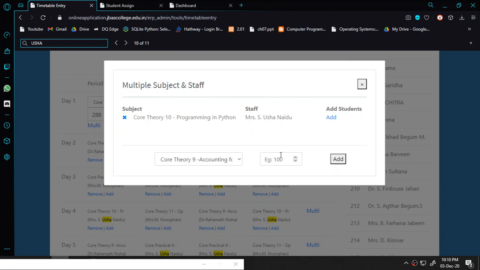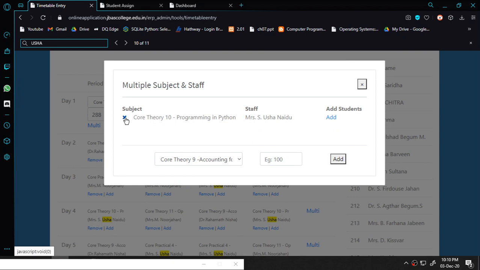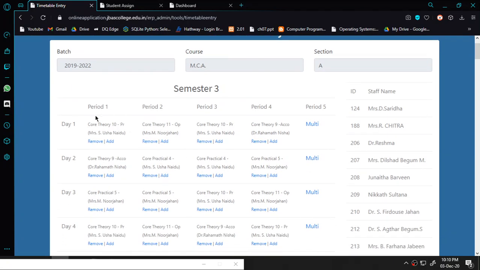So that's all, the timetable entry you can give, you just have to add. So here this is actually 288. I have to add the subject here, and the subject name is Programming in Python. I have to give add. Okay, and it is added, I am showing. Suppose you have done it wrongly, or the code is given wrong, you just have to use this delete button to remove the entry. So that's all, you can close this button. Now you can see here the first hour is updated, as I have just removed it and showed you how to enter the staff member.